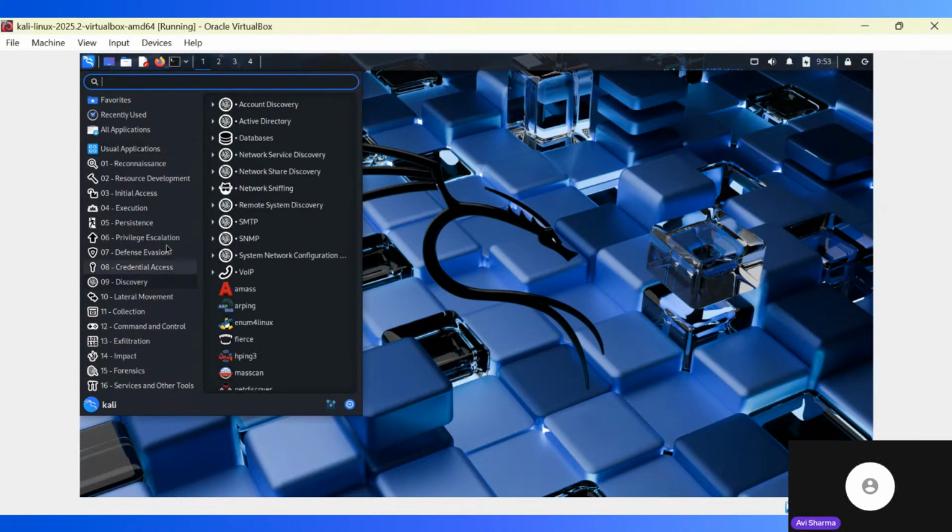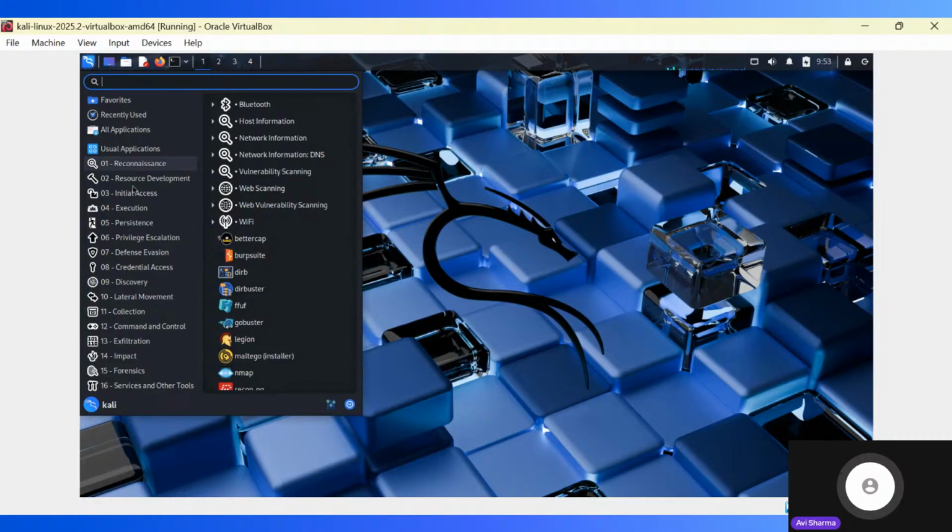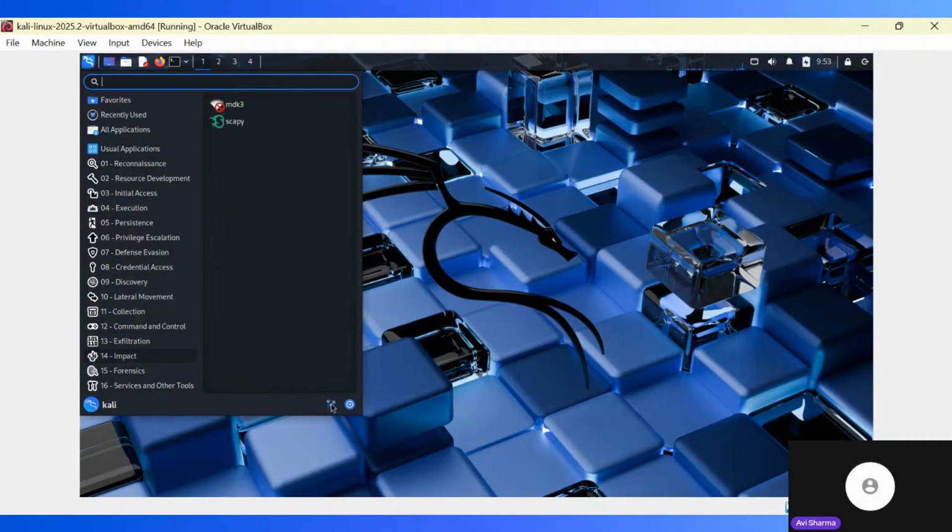Anyway, so all of these are here because they have been, till number 14, marked or mapped to the MITRE ATT&CK framework. MITRE ATT&CK and different MITRE frameworks are very important frameworks. Yes, exactly, Parveen. 16 sections of different tools according to their uses. But these uses have been defined by the MITRE ATT&CK framework. The 14 ones are the MITRE ATT&CK framework.